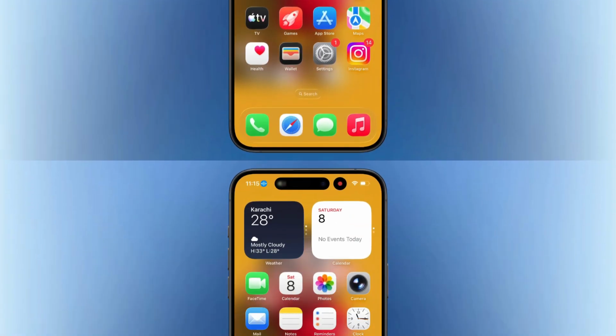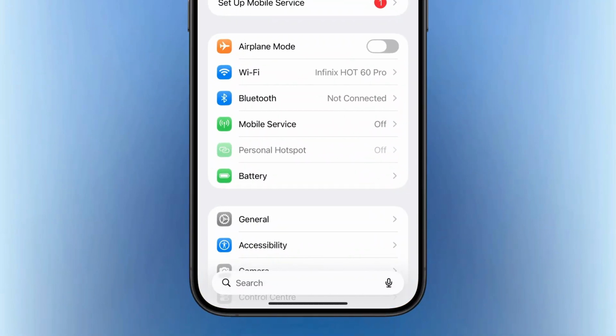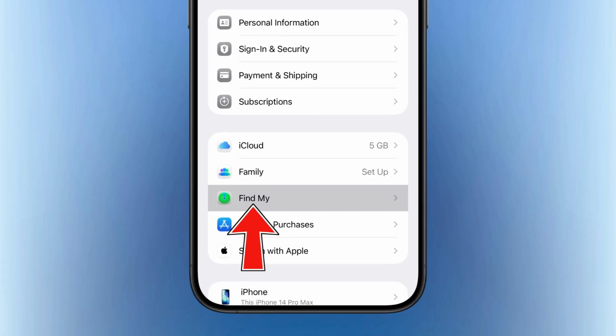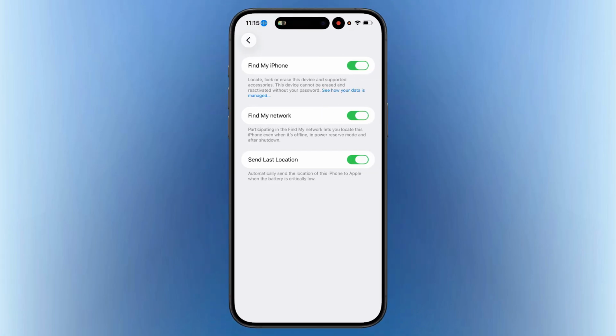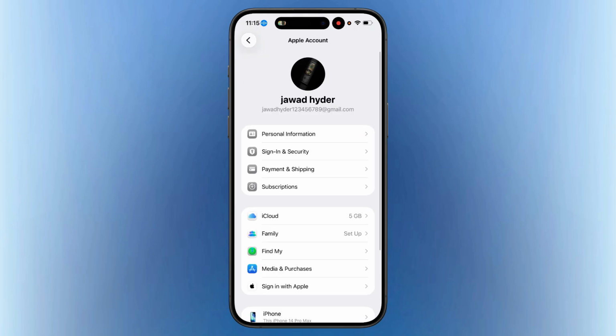So let's get started. First, open the Settings app on your iPhone. At the top of the screen, tap your Apple account name and then select Find My. Here, make sure Find My iPhone is turned on. You should also check that Share My Location is enabled if you want to share your location with other devices